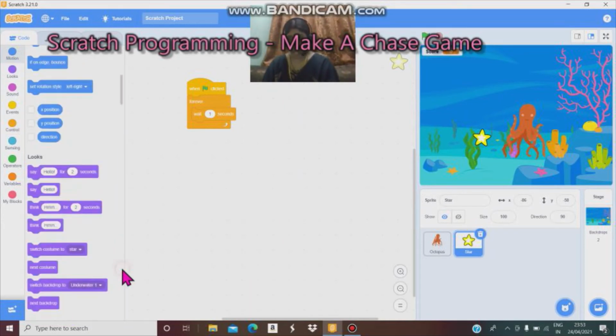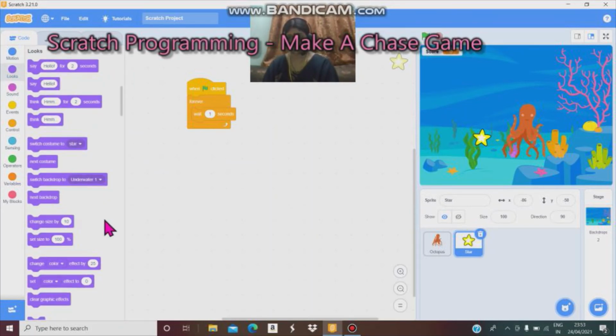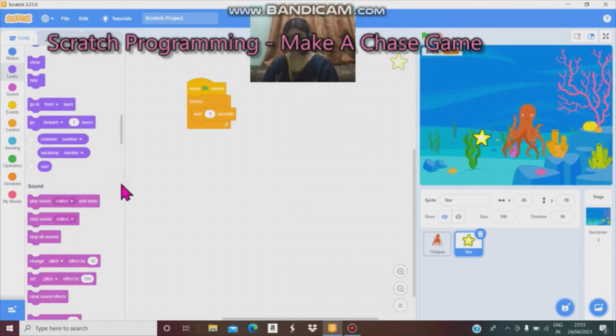Here you have to select, click looks blocks. You have to select hide underneath wait 1 seconds, because when you click when flag clicked, the star will hide and show.